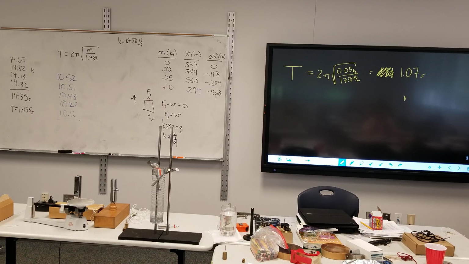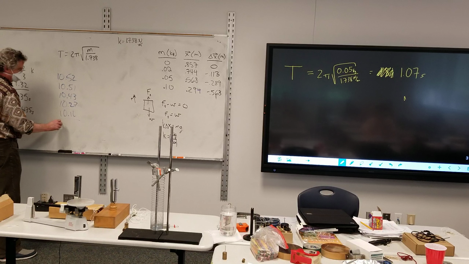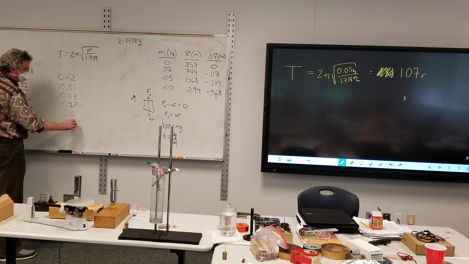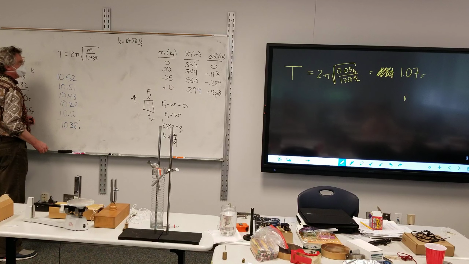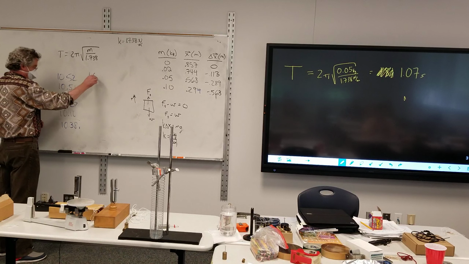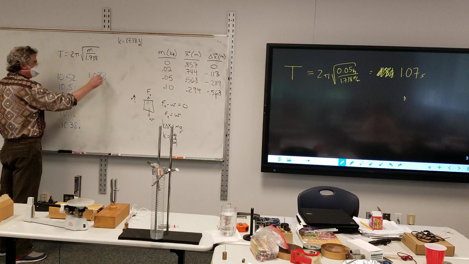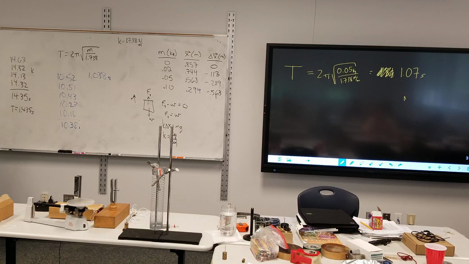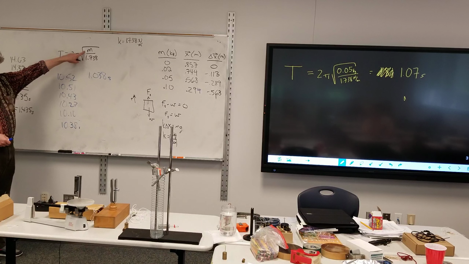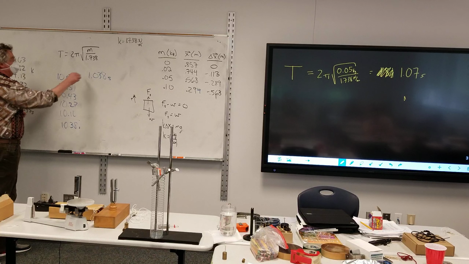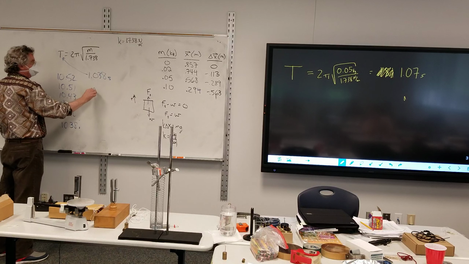The first two there got me hoping that we'd get a really nice tight cluster. We got 10.38. So that gives us a period of 1.038 seconds for just the spring by itself. Just coincidence, it's somewhat close to that. If that's my period, what is the effective mass of my spring? So if we plug that in for T,